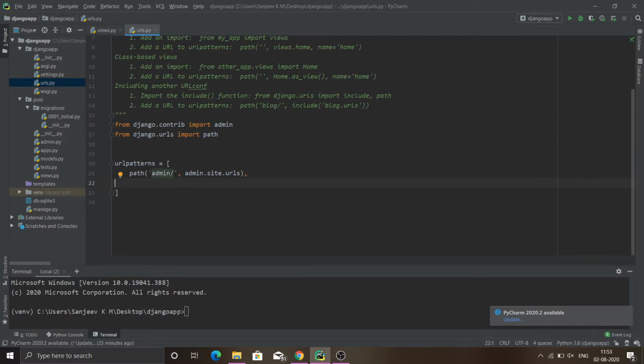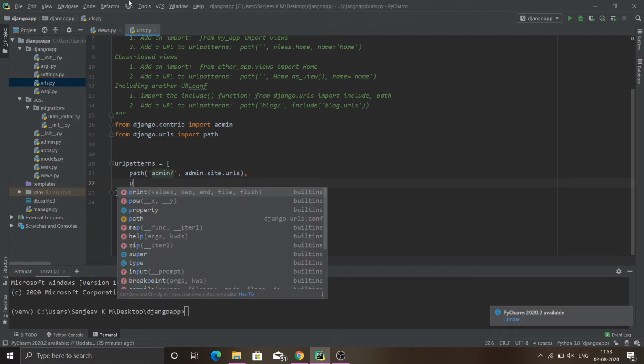So all the paths right in here are relative to http://localhost:8000. If I say a path location named hello, this hello location is relative to our localhost URL. So it means localhost:8000, and after that our hello location will come.